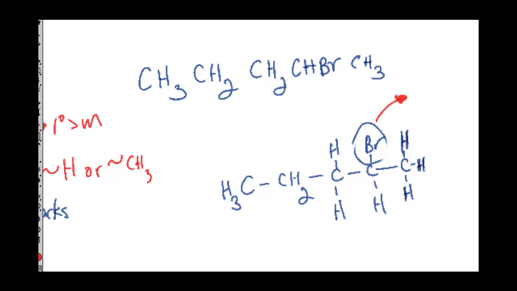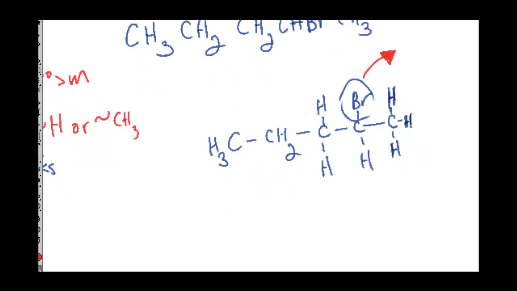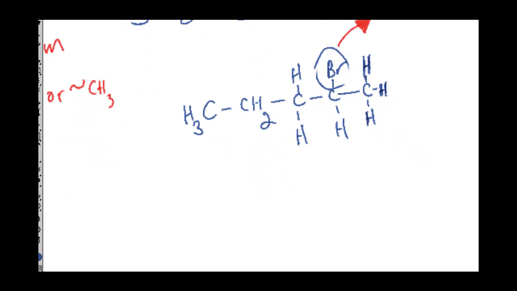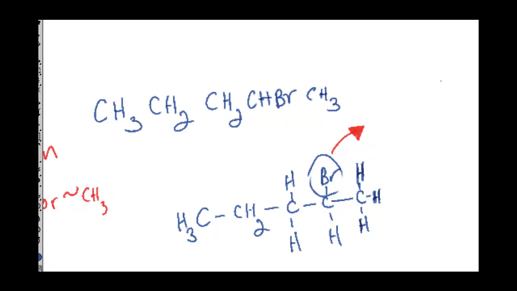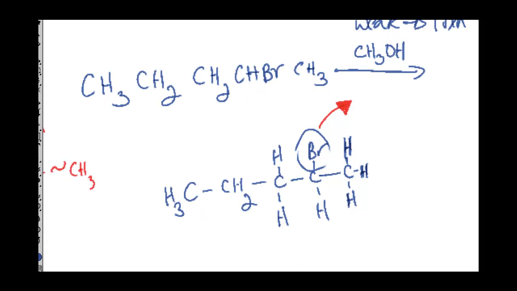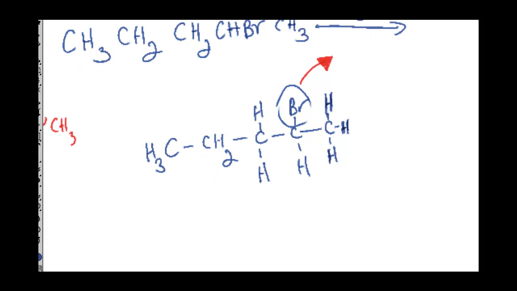Make sure you know what makes a good leaving group. If you don't, watch that video and those examples. But upon leaving, what happens is you get the same compound. You know what? I never gave you the solvent, so I apologize for that. The solvent in this case, well, let's just go ahead and make it methanol. Because it has an H on it, we know it's weak, and that's what tells you it's going to be an SN1 reaction. Then the leaving group leaves to give you